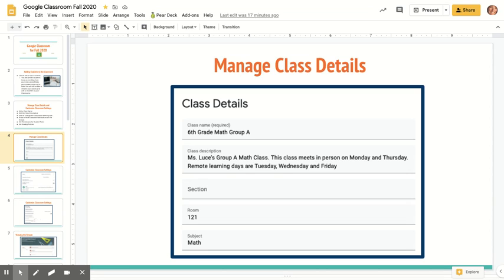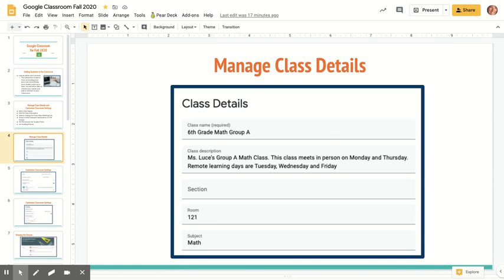These are my kiddos that are coming Monday and Thursday but are doing remote learning Tuesday, Wednesday, and Friday, something along those lines. The section I left blank, that's up to you, and then the room number that I would actually be in, and then the subject that I'm teaching. Again, the only thing that is required is the class name,